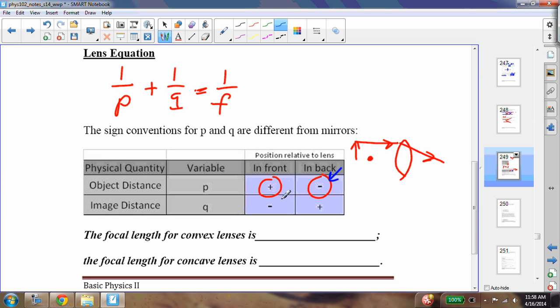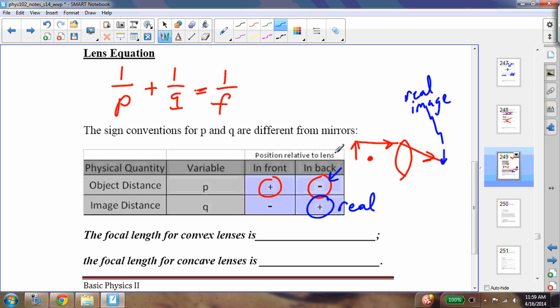So if our image is in back of the lens, that means it's going to be a real image. So for example, here I would have a real image,